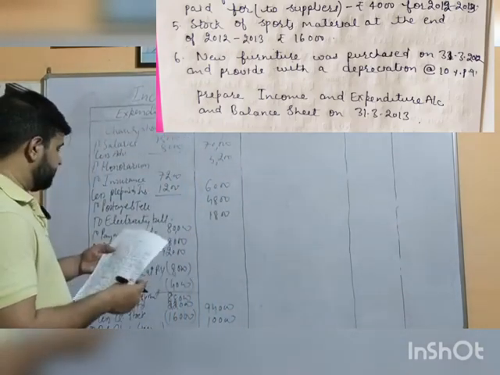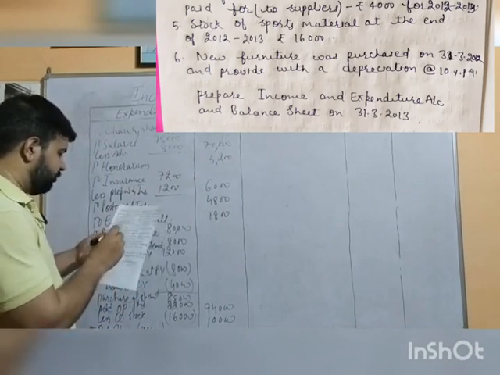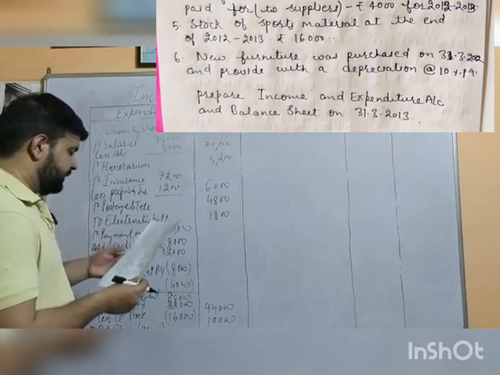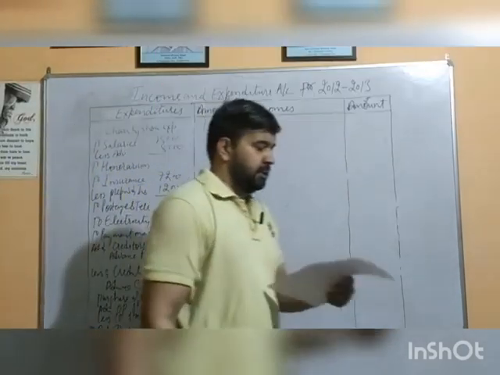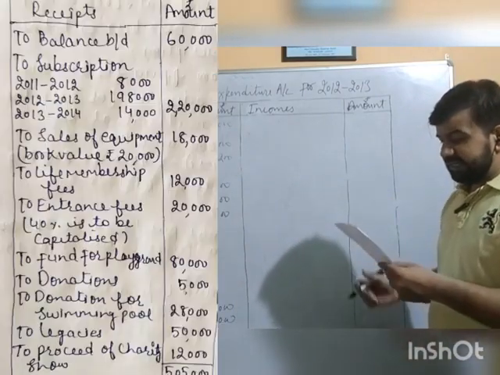Then let me check what other things are given here. On the payment side, we are left with nothing, and we have given effect to all the transactions. Yes, we are done here. Then we come to the receipt side. The part of the receipt side is visible on the left hand side of your mobile screen. I'm reading here opening balance.